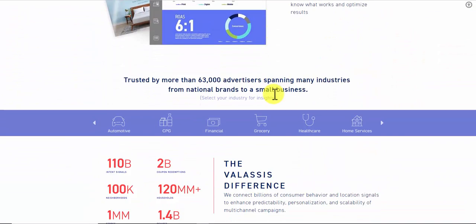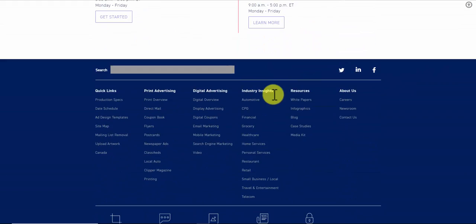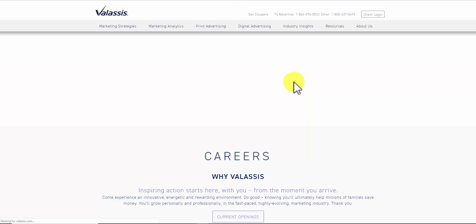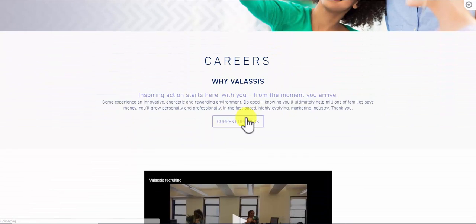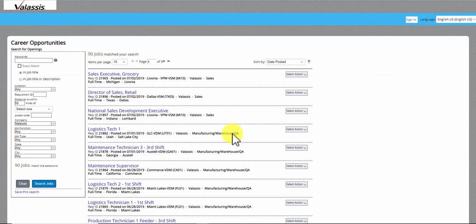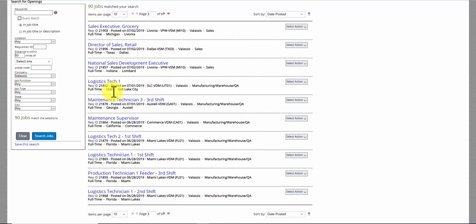You think they'll be advertising or looking for marketing specialists? I really think so. Let's take a look at careers. And again, most company websites have careers, and you look at current openings. Let's just search jobs without putting a filter in. And look at the jobs they have. Sales executive, director of sales, logistics,